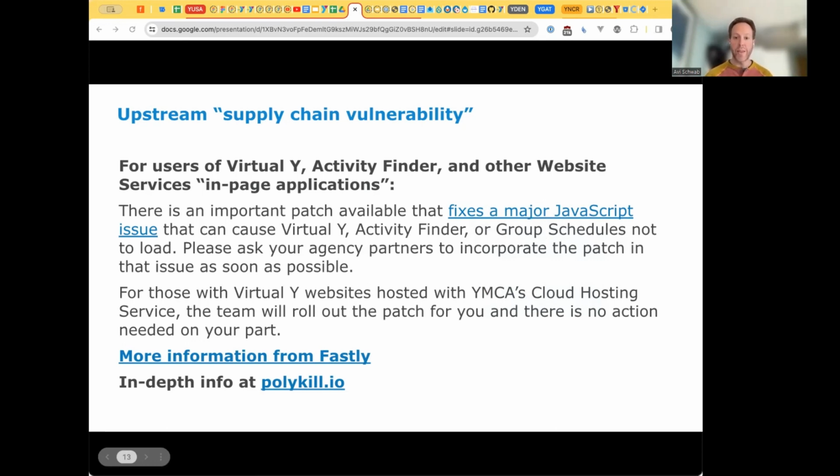So I think most sites have been updated with that, but if you're still seeing issues with Virtual Y, Activity Finder, or any of the other in-page applications, you can grab that real quick and apply it. And just a reminder for any of you Virtual Ys that are hosted with YUSA, we are actively rolling those out to your site, so there's no action needed on your part. Yeah, thank you,